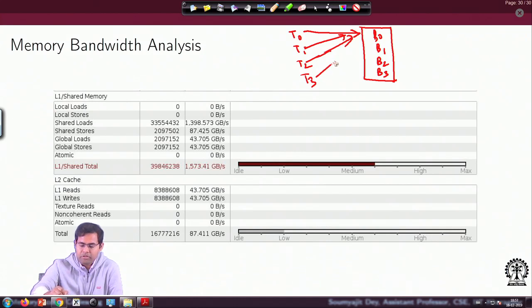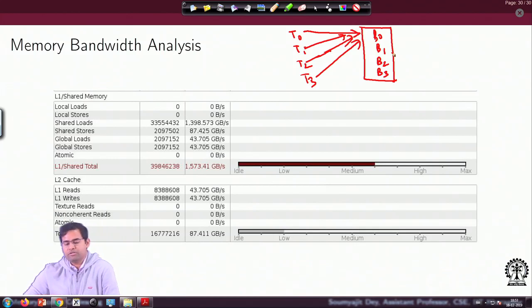Now, consider this pathological scenario where every thread is accessing data all from bank 0, like what happened in our example where we are accessing a tile's column. That would mean the tile width is equal to the number of banks. So, if I do a modulo mapping, then all the data in the column will fall into the same bank, and that would give rise to this scenario. Considering 4 banks, here I have a 4-way conflict. Similarly, in this problem we had a 32-way conflict. So, this is how the idea of shared memory bank conflict builds on.